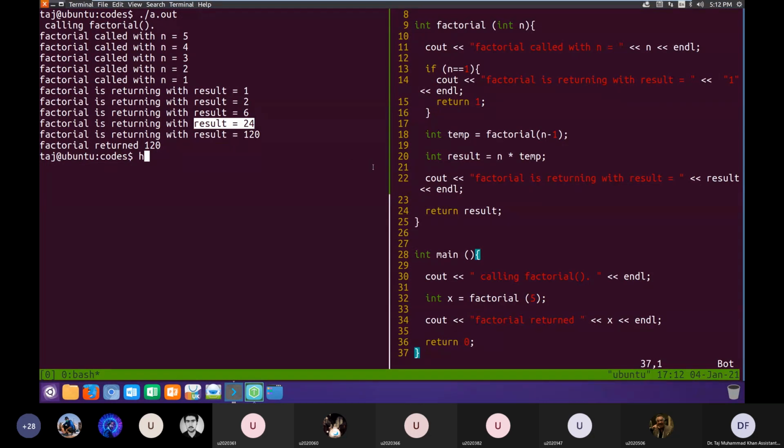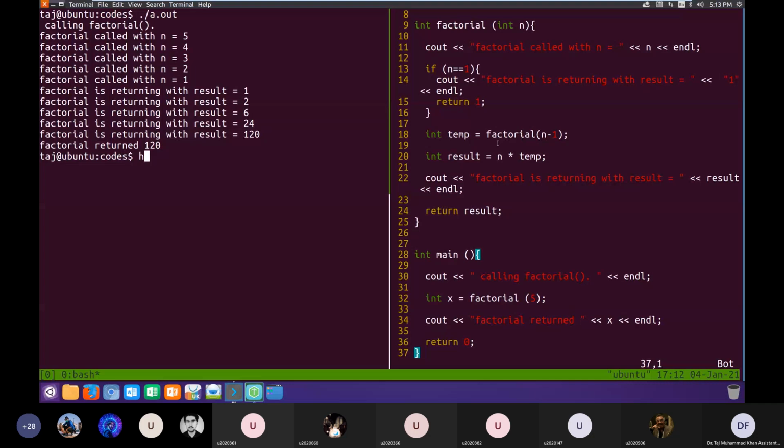So where will 24 be returned? It will be returned to the fifth last call, which was the first call to factorial, called in main. The first call to factorial received n equal to 5, and it called on line number 18 factorial n minus 1, or factorial 4.